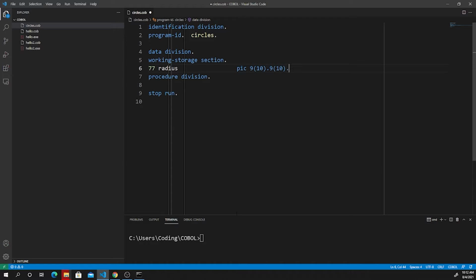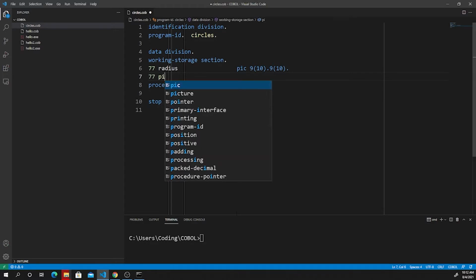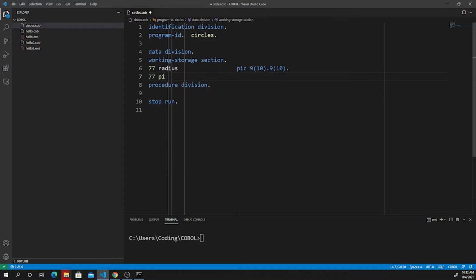And what this is going to be set aside is a 20-digit number, with 9 of the digits for the integer portion, I believe that's the mantissa, and then 10 digits for the fractional part of the number, because we are going to be working with fractions here. And here's one of the most famous ones in the world, pi. Now we're going to set this up as a